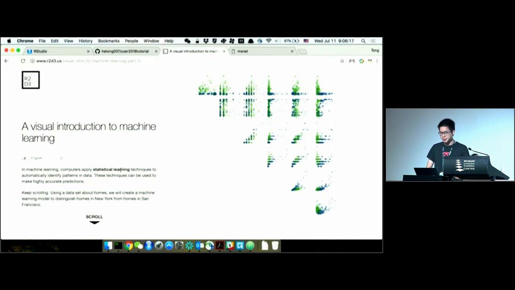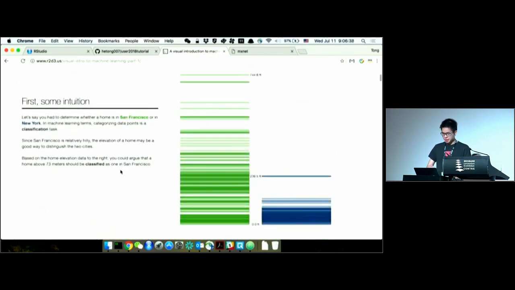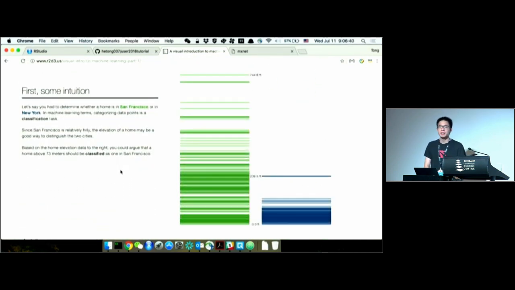I think the data here is descriptions of houses in either San Francisco or New York. The problem is, how can we classify whether a given house is from San Francisco or New York, which is basically a binary classification. I really love it. You just scroll down, and the right part changes according to your action. If you scroll back,